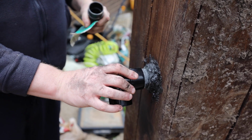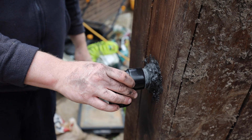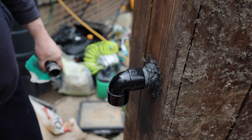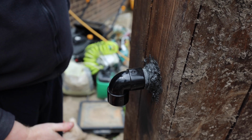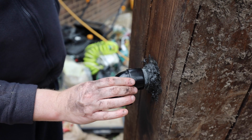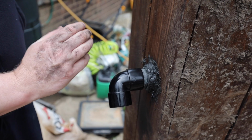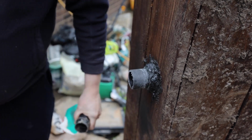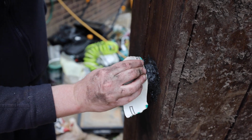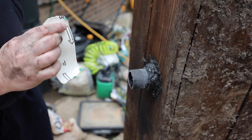Basically gravity had moved the solid weld, and I'd not accounted for that for some reason. I thought it had set and I thought that were it, but I want it to be maybe not completely straight, but a little bit off. But I don't want it to be that far off, because I'm going to have wood underneath here, and that would have interfered with putting flexi pipe on. So I'm just in the process of sanding this down to get rid of as much of that glue,